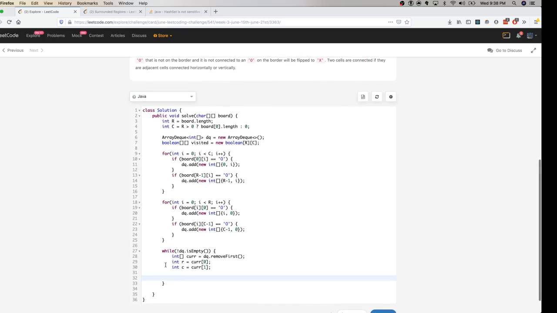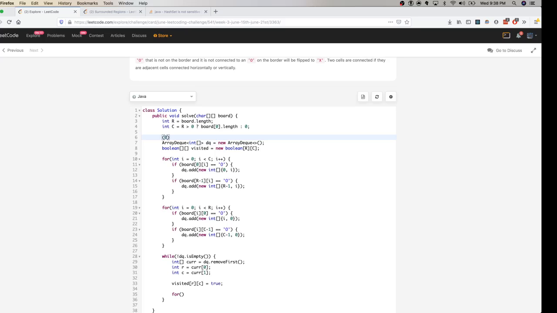Since this is a capital R, this should not be a problem for us. Alright, so this is my current coordinate. Let me quickly add it to my visited set. So visited of R comma C would be true. This states that the current position R comma C is supposed to be an O.